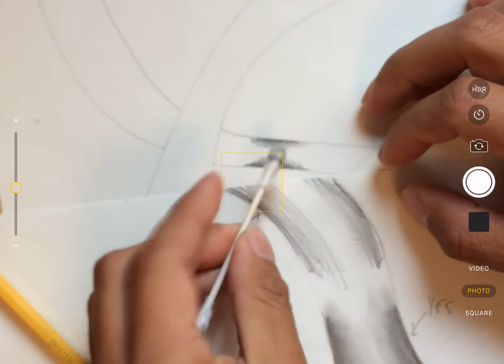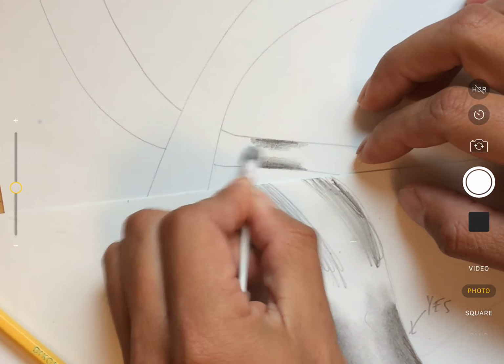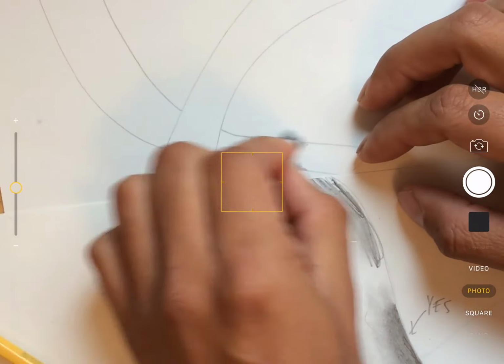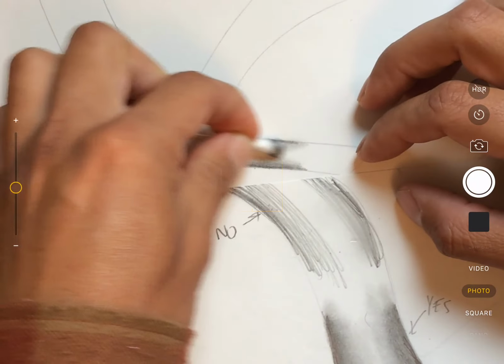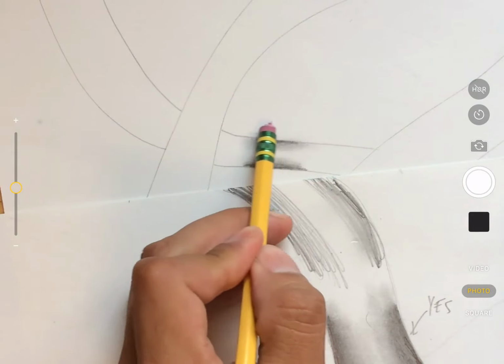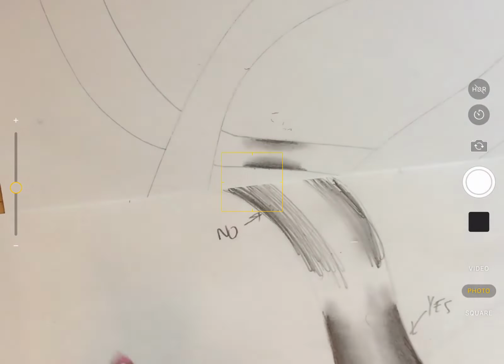All right, I'm gonna take the Q-tip since it's in a small area. And I'm just gonna fade that side or blend it. Be mindful of the outside edge since the Q-tip is not